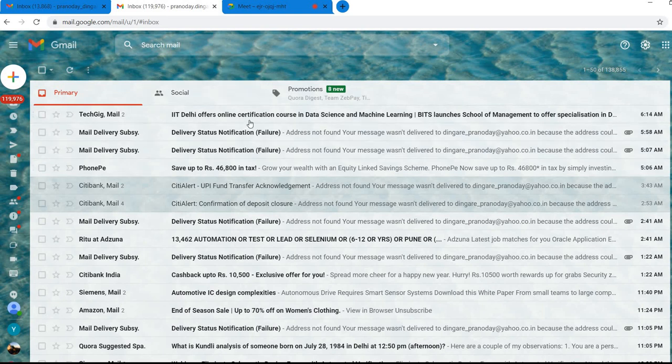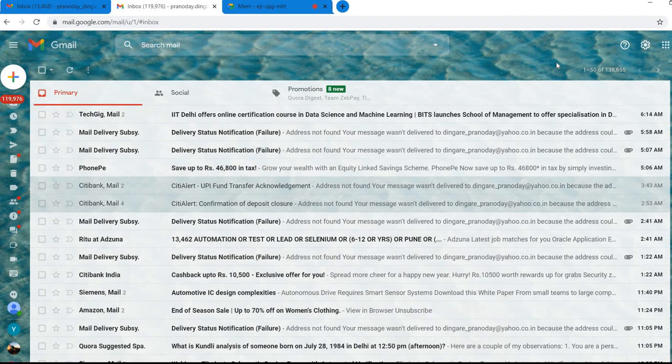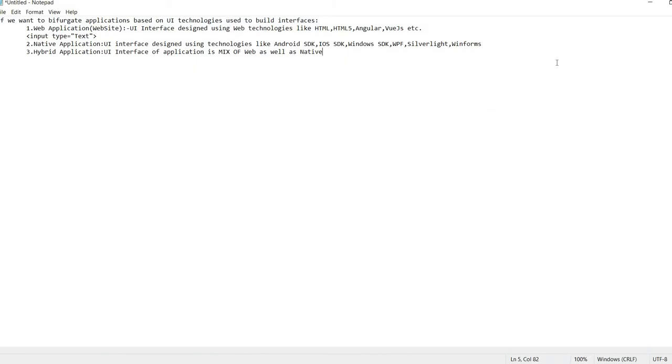So here the interaction with the Gmail application is a web interaction, and the interaction with my application is a native interaction. So the end-to-end flow of my application is a hybrid interaction. A few of the things I am interacting with are native and a few are web. So this is called a hybrid application.